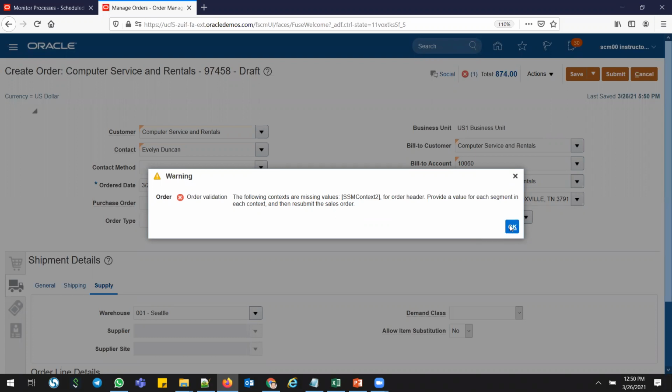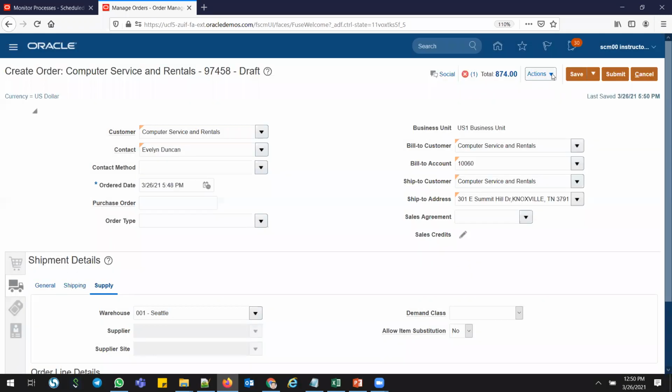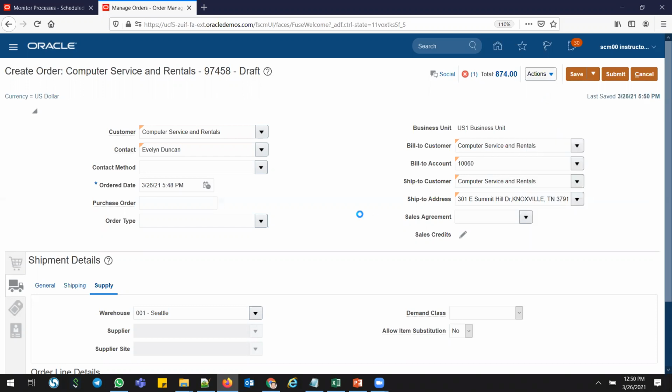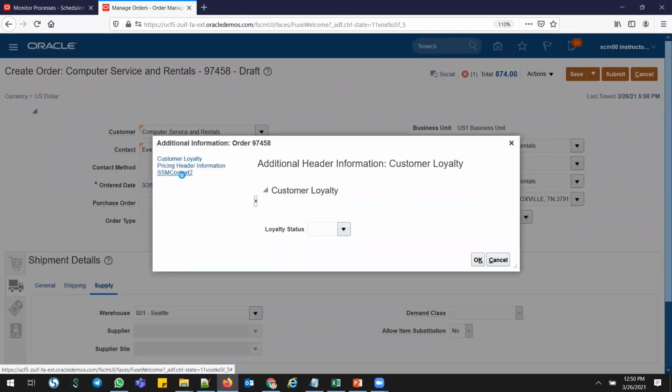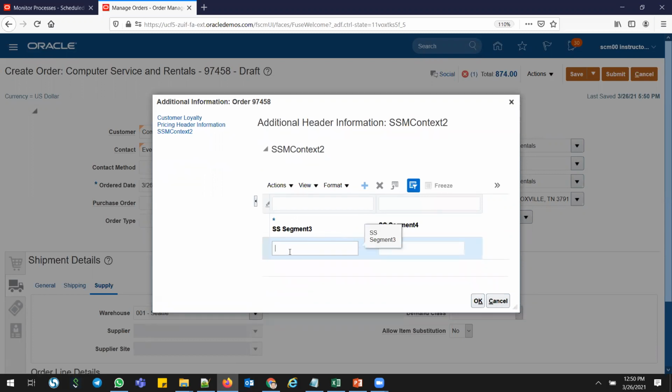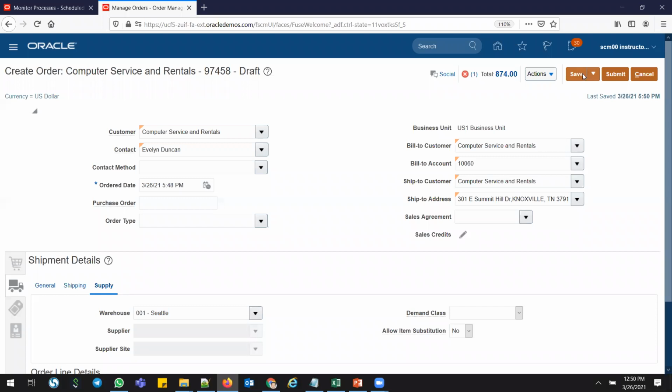Someone has done some extensions here. Go to actions, edit additional information. Someone is doing some testing here. They created some extendable flex fields here. So I'll create some value. Click OK. Now go again, save, go to validate.